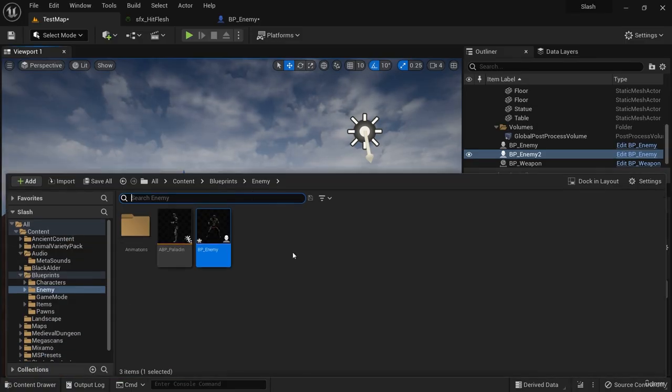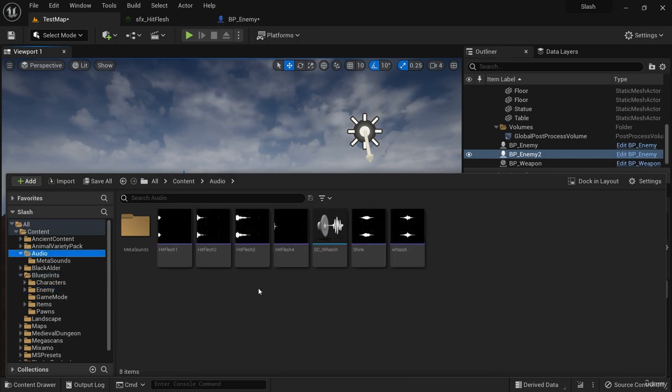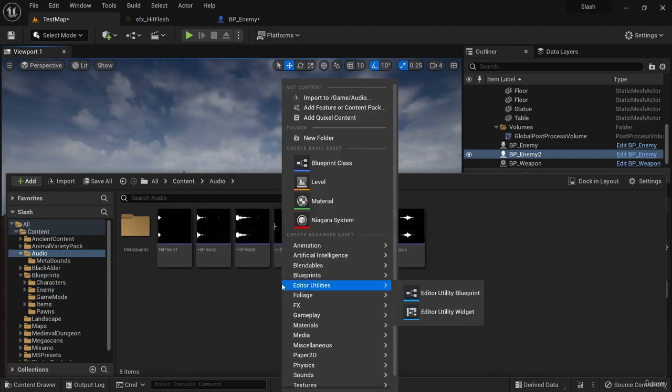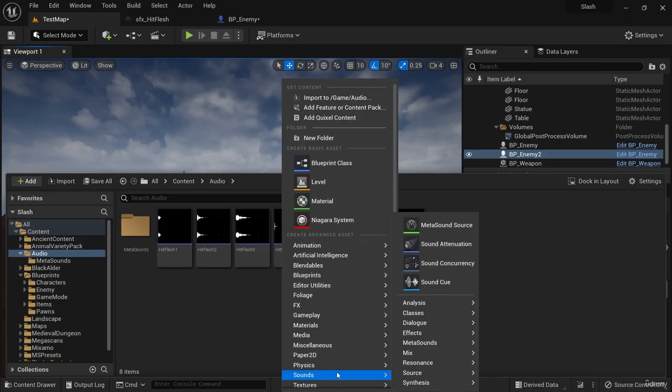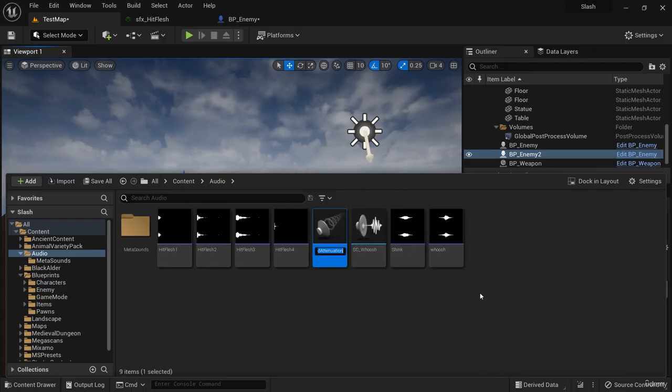Now, to do that, we need to make an asset called a sound attenuation. So we're going to go back to our audio folder here. And right here, we can simply right click, go to sounds, and right here we see this type of asset called sound attenuation. The pop-up says it defines how a sound changes volume with distance to the listener. That's exactly what we want. So we're going to select that, and we're going to call this SA for sound attenuation, and we'll name this